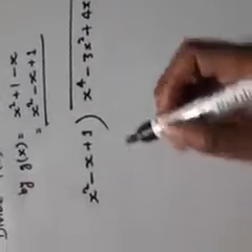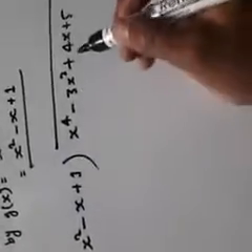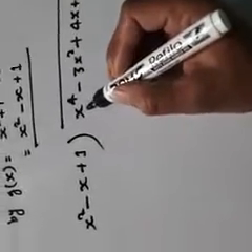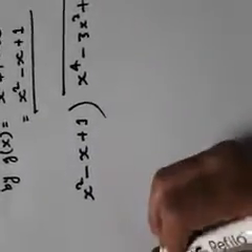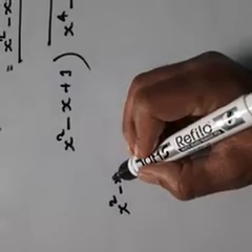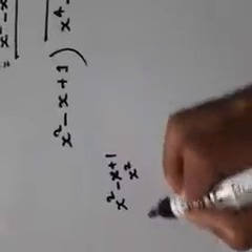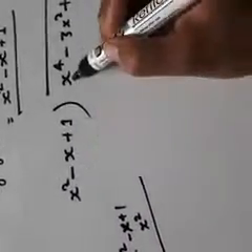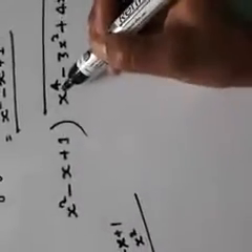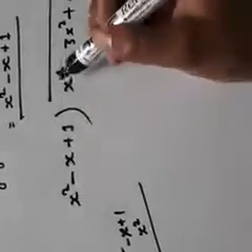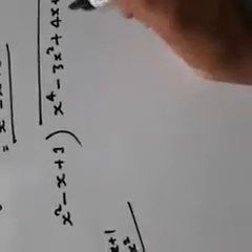Similarly as we did in the previous question, first of all, from this term, this x square, you have to make x raised to the power 4. So how can we make it? If we multiply this x square by another x square. So first of all, student, x square minus x plus 1, the whole of this, if we multiply it by x square, you can see first of all we have to make x raised to the power 4 from this first term. From the first term you have to make the first term, and when you make it the same you can subtract, and you have to eliminate terms one by one of the dividend.